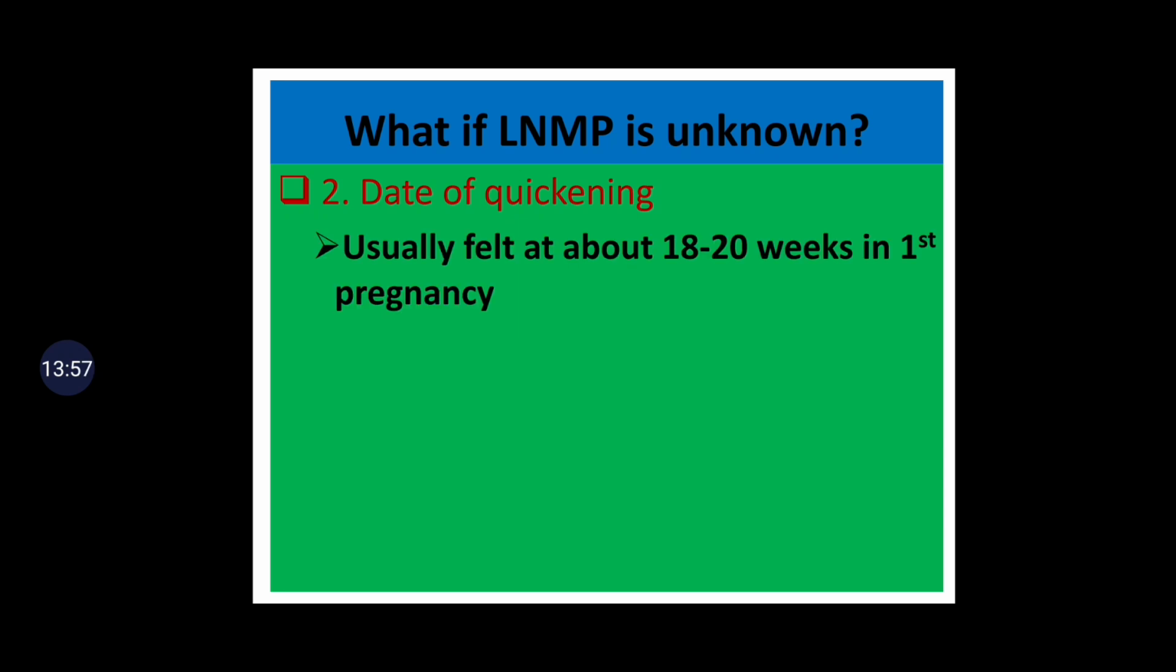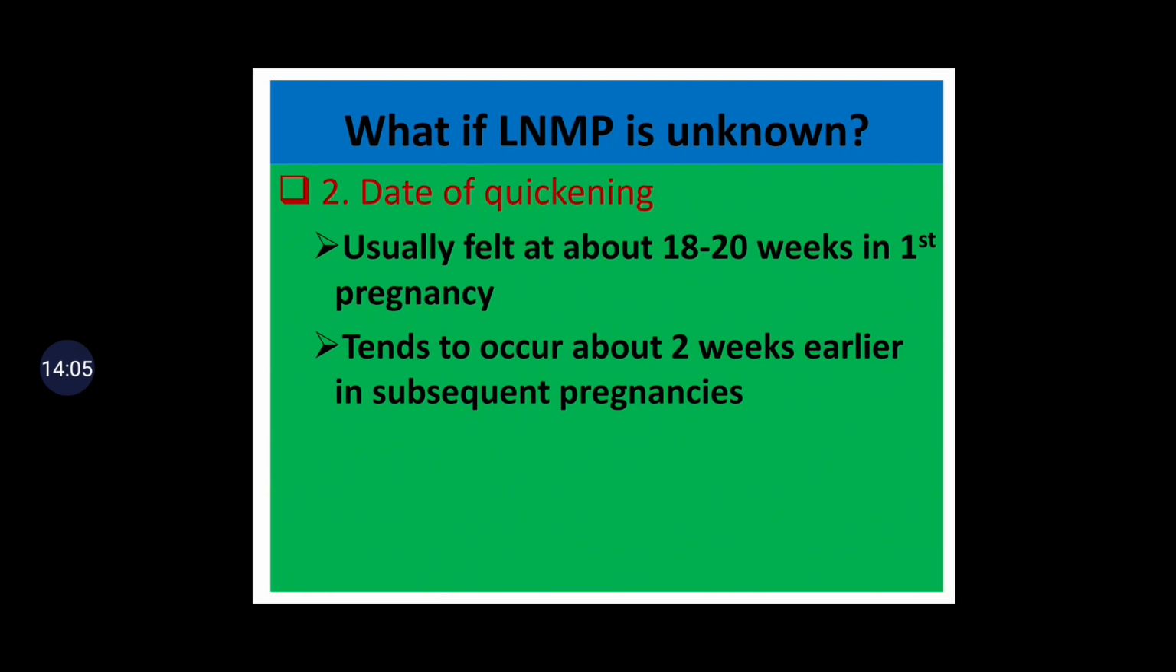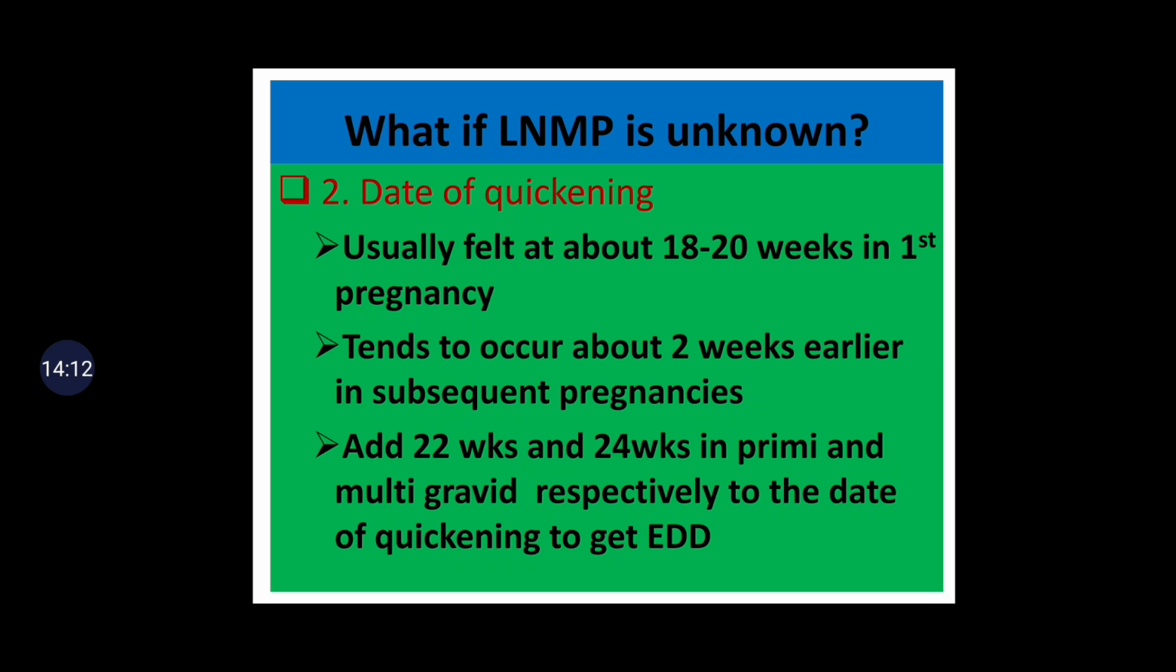Date of quickening is the first time when the mother felt fetal movement, and it is usually felt at about 18 to 20 weeks in the first pregnancy. And it tends to occur about 2 weeks earlier in subsequent pregnancies because of previous experience and abdominal laxity. To calculate EDD, add 22 weeks to the date of quickening in primigravida and add 24 weeks to the date